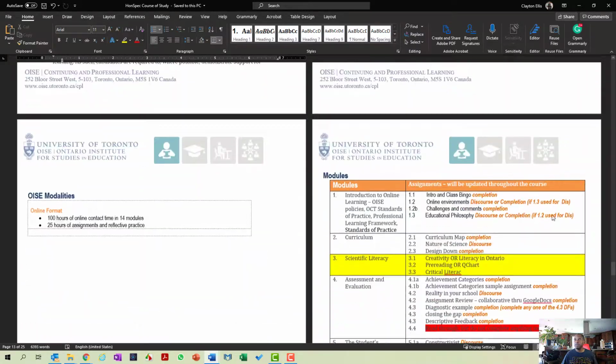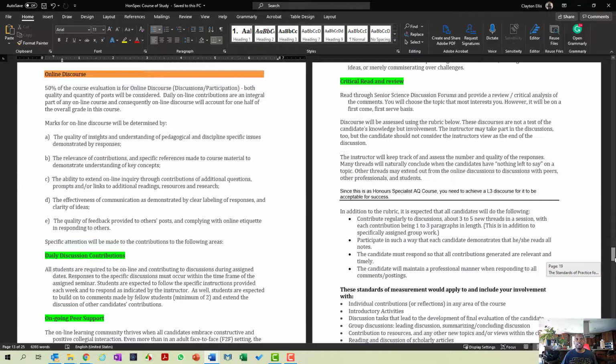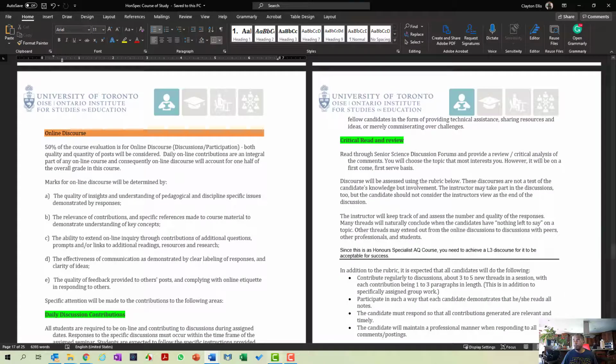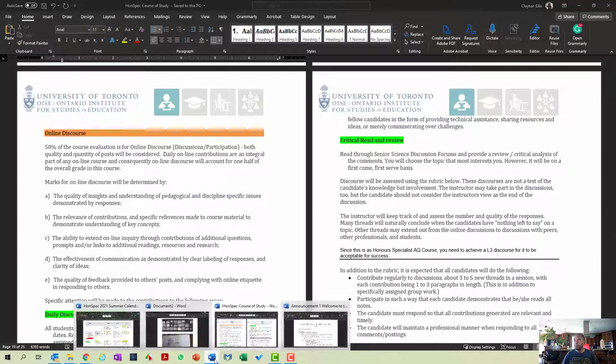Finally, is a discussion forum. So the discussion forum, it's very easy to get lost in talk. And we don't want you just going to discussion, thinking I have to complete this, I'm going to say something inconsequential and move on. We want it to be meaningful. So to help make it meaningful, you'll see a calendar, and on that calendar,